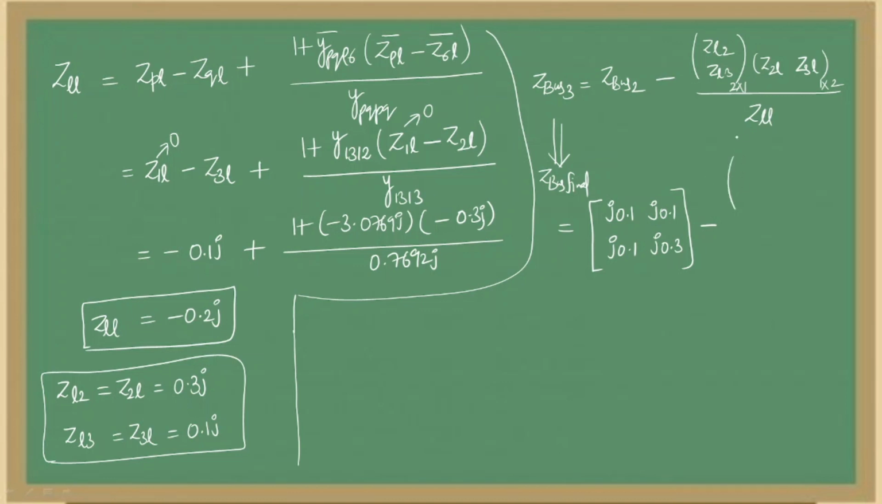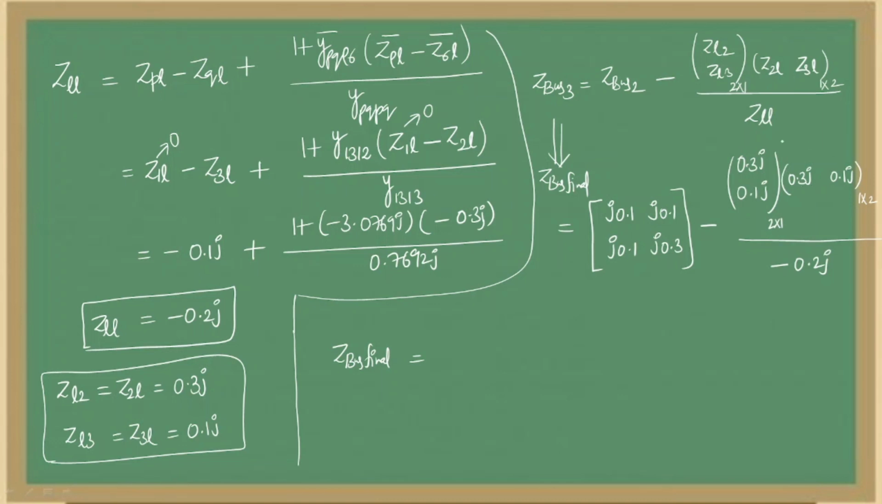Here you need to substitute these values. Okay, so 0.3J as one element, 0.1J as another element. Here also 0.3J as one element and 0.1J as one element. It is a 2 by 1 matrix and it is a 1 by 2 matrix. When you multiply these two, you will get a 2 by 2 result divided by ZLL. What is ZLL? Minus 0.2J. Okay. So before finding Z bus final, first you need to evaluate the multiplication of these two matrices,